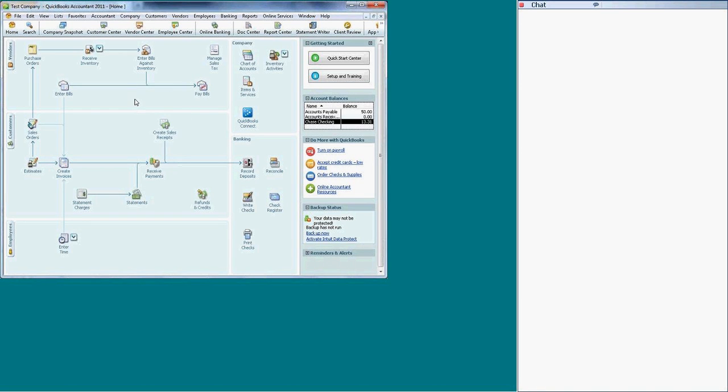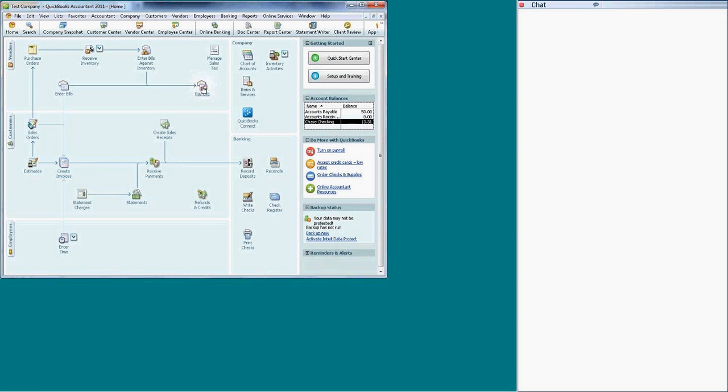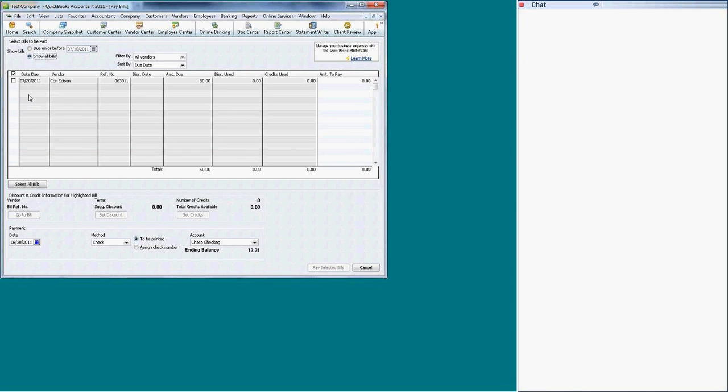One of the questions was, how can I get a reminder that I'm supposed to pay a bill? Well, this is not Outlook. This is not based on schedule. There are two ways, actually three ways, to get reminded to pay the bills. Number one, always make sure that the bill has the correct due date. This bill should be accurate. This way, you can go into pay bills and you can see when your bills are due. You see today's date,